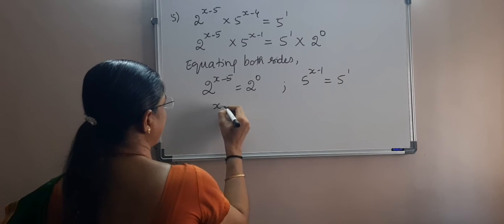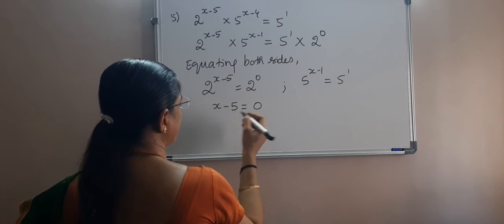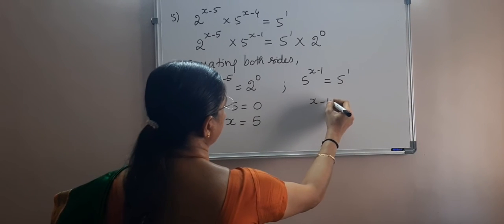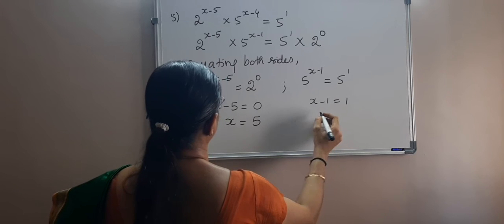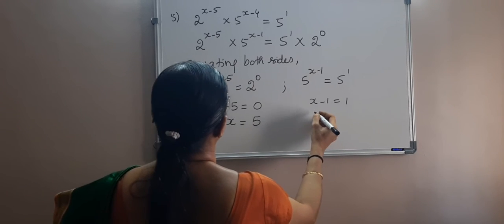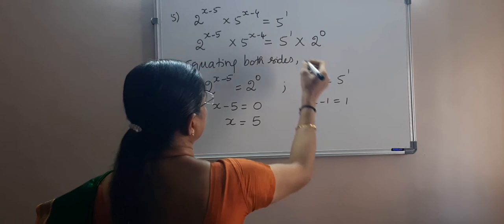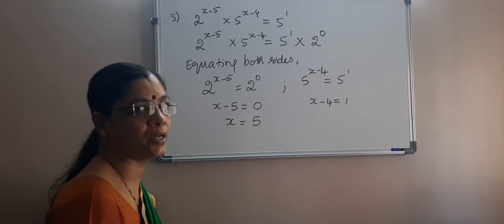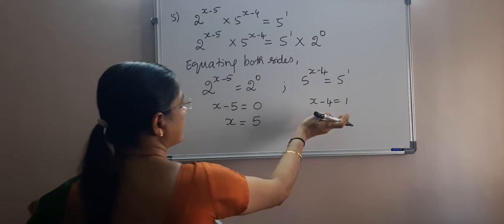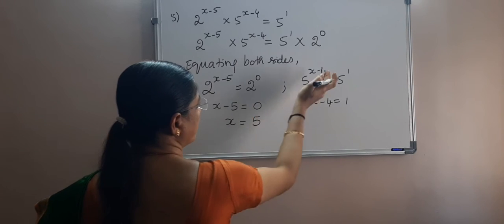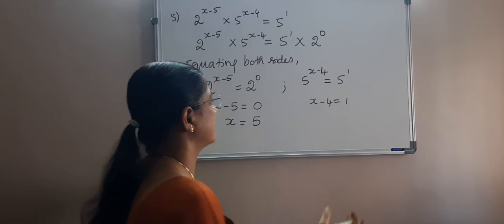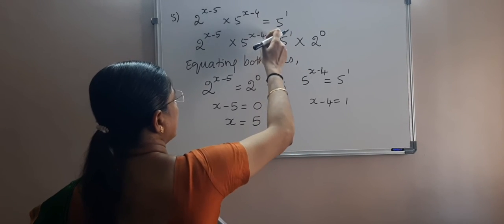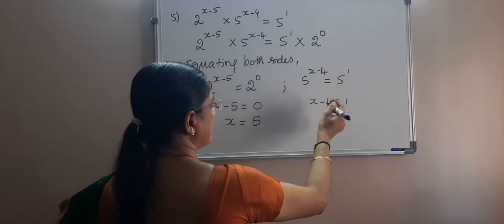So what do I get? x minus 5 is equal to 0 and x is equal to 5, and x minus 1 is equal to... sorry, this is 4 here, so extremely sorry. So I told you even before to check whether you make mistakes, because at this step I need to get the same answer. If it is 1 there, I won't be getting it, so it's a mistake. So just go through from the first step whether you have made some mistake. I have made a mistake by writing 1 instead of 4, so I rewrite this as 4.